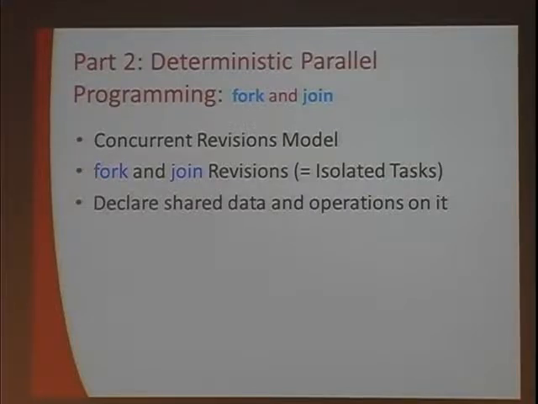Remember that compute phase, we assume it's deterministic. If we parallelize it and introduce data races or non-determinism, it's going to be very hard to talk about its repeated behavior and give predictable results. So we need a parallel programming model that's deterministic. And we chose the one that was created by Sebastian and the others at Microsoft Research, presented in OOPSLA 2010. It's called concurrent revisions, and it has primitives called fork and join, but it has a notion of isolation. That is, when you fork a task, that task gets an isolated view of the state. And we'll go into some detail about how that execution model works.